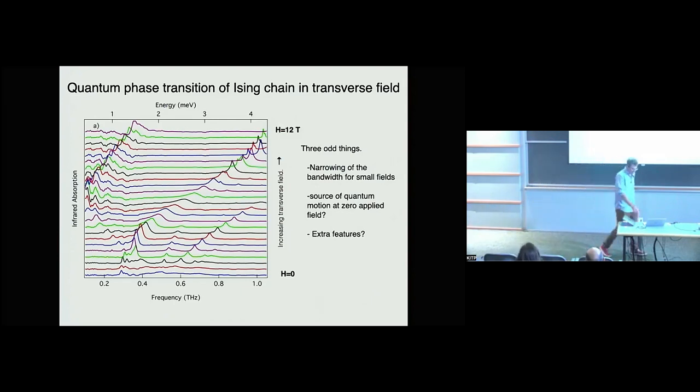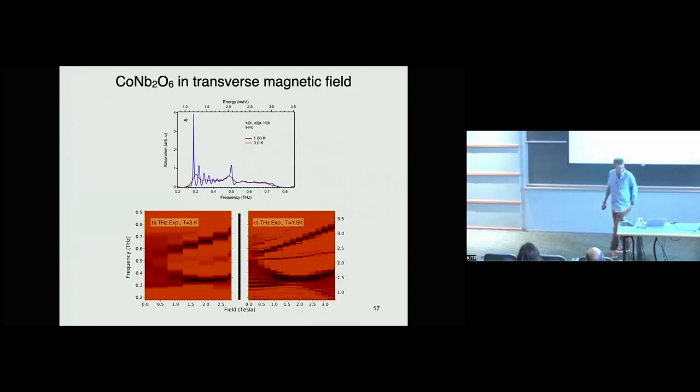Now, you can see this perhaps better in this case. This is a plot, back to data taken in my lab, of this susceptibility plotted out of the page, colored here. This is in the state where you have no long-range order, but just very long 1D correlations, at 3 Kelvin. And then this is at low temperatures, so you can see again all of this beautiful, rich structure. The data that I showed you previously, which is also shown here, is just a cut along the zero field direction,